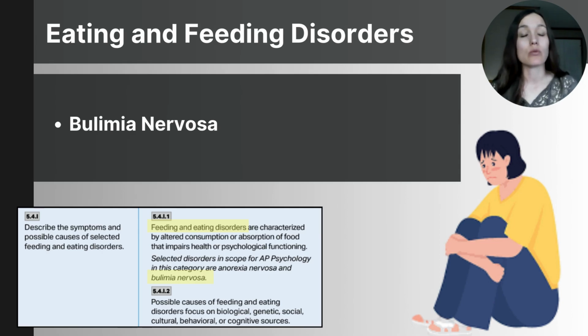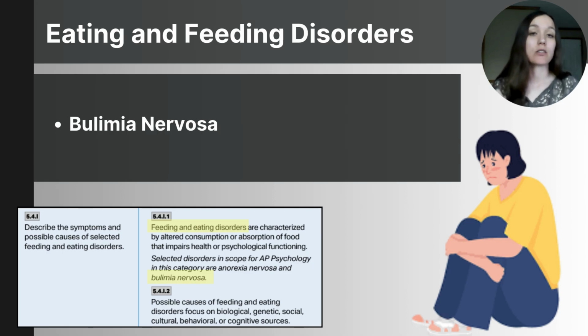Diagnostic criteria requires all of the following. The first is recurrent binge eating episodes. So, this is eating an excessive amount of food in a short period of time, often feeling out of control while eating. The second is engaging in behaviors to rid the body of the food. So, this would be like engaging in purging, like vomiting or laxative use, or non purge methods like fasting or excessive exercise to avoid that weight gain.